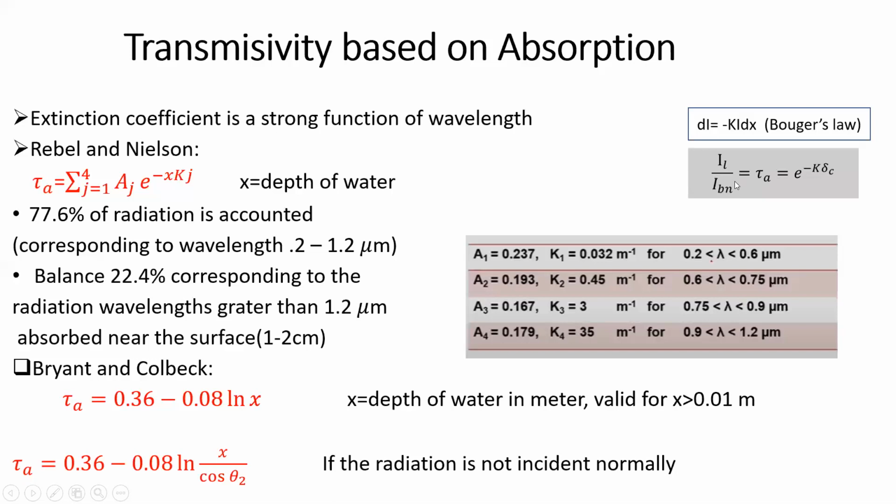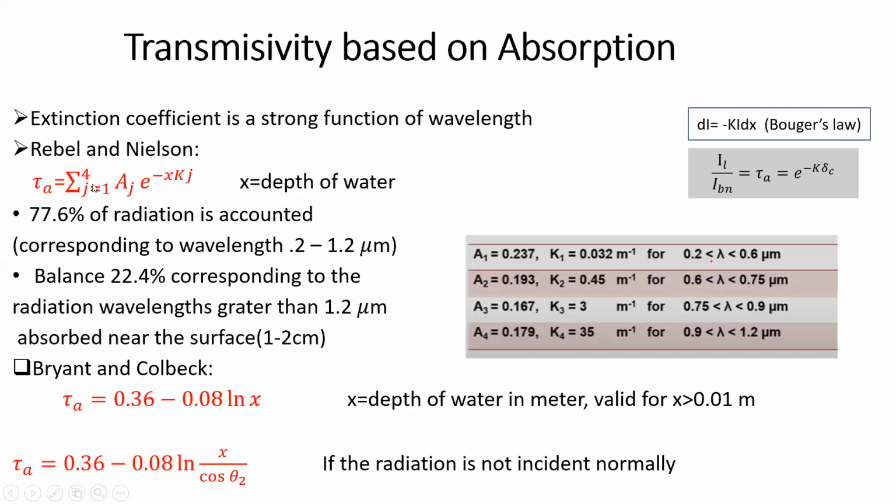So from this we can simply say that this is not in our textbook, and this is simply to analyze that this constant k is coming from the extinction coefficient. K is coming from Bouguer's law, and